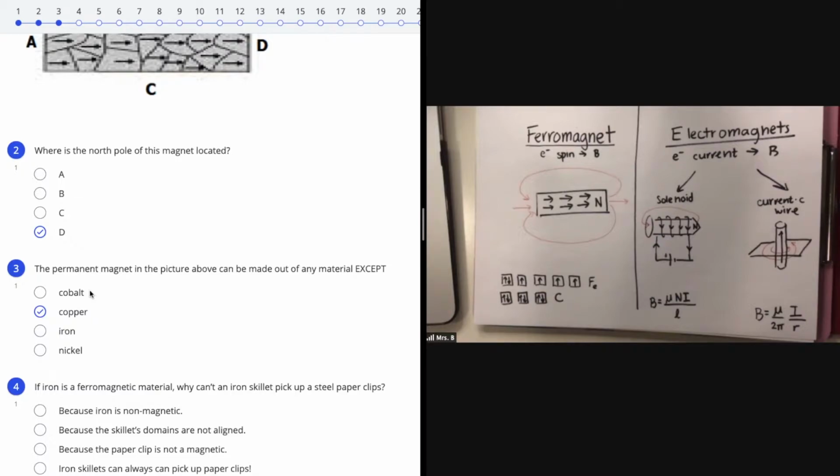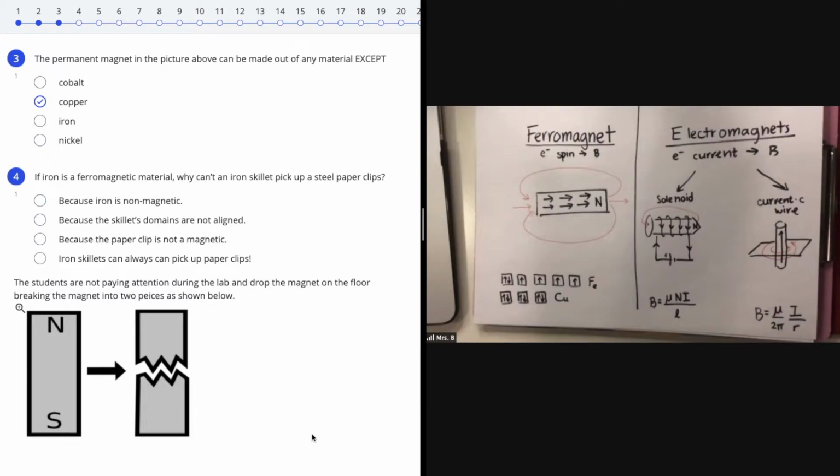In fact, if we took Cu for copper here, copper would have all paired up electrons, so it wouldn't have any residual magnetic field in its atom. Since the copper atom can't be made into a magnetic material, then it can't have domains, so it can't be a ferromagnet. Iron is ferromagnetic, but an iron skillet can't necessarily pick up steel paper clips, and the same reason